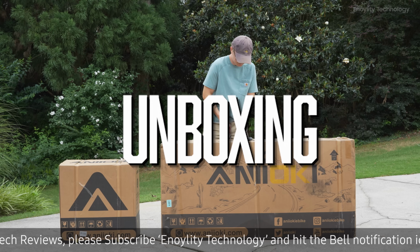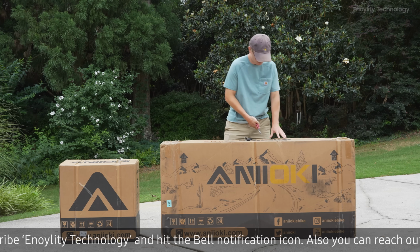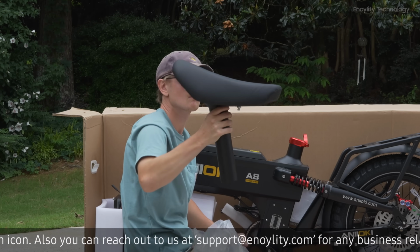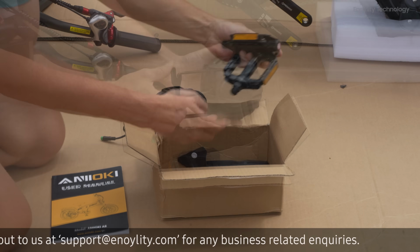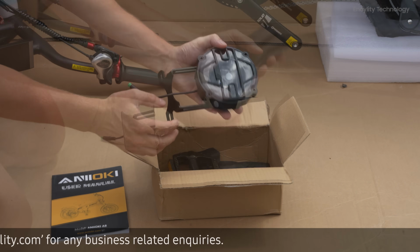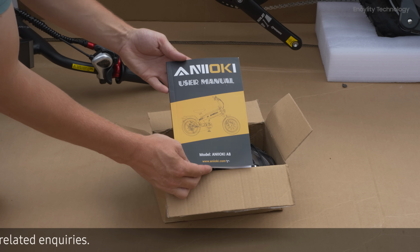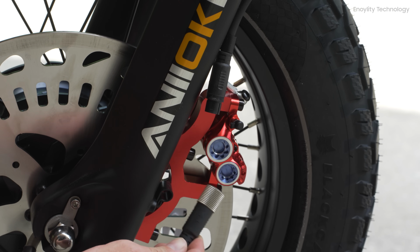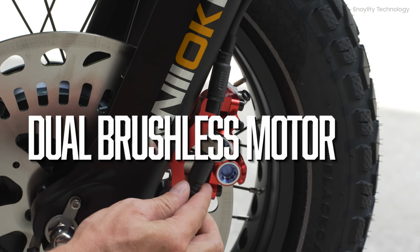Unboxing the Annioki A8 Pro Max is an exciting experience. The package includes the e-bike frame, rear cushion, set of pedals, integrated front and tail light, tool kits, and a user manual. At the heart of the Annioki A8 Pro Max is a robust dual brushless motor,